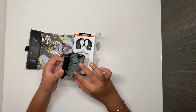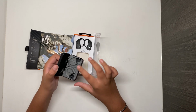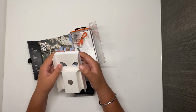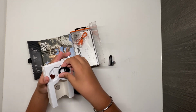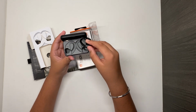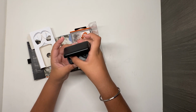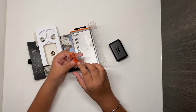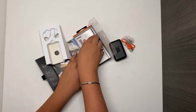Your headphones charge via pins. So let's take out the headphones now, and so we have our headphones here, and then they go into your headphone charging case like that, and now it's charging. So in the box we have a micro USB cable, some extra earbuds, and we have